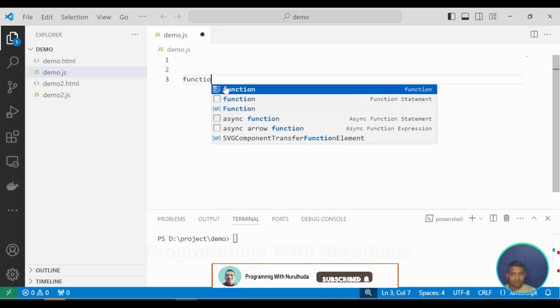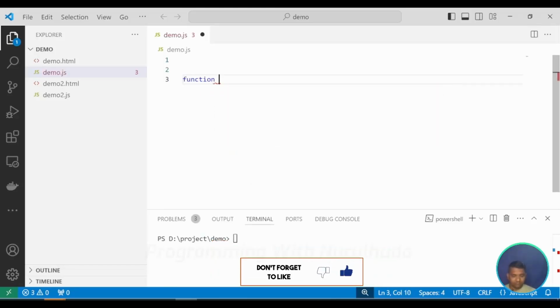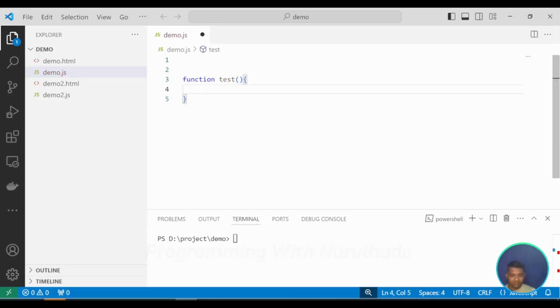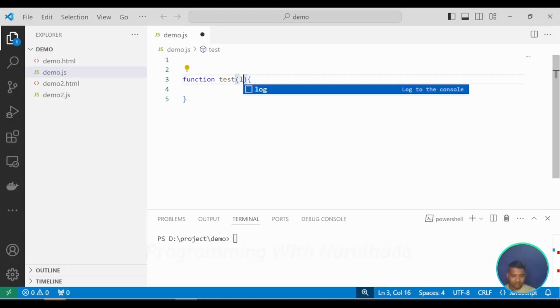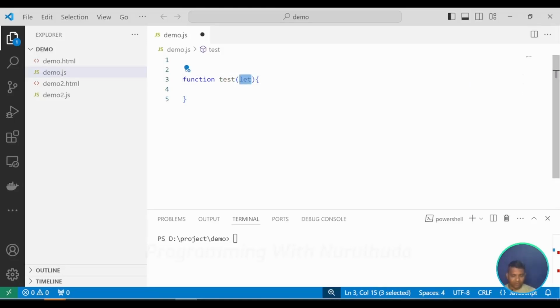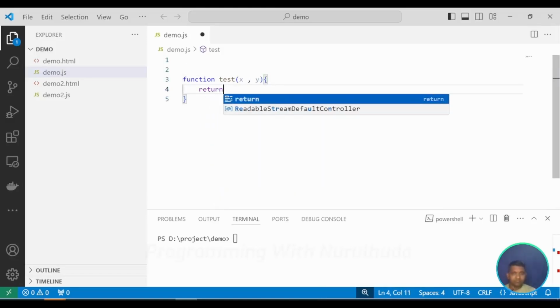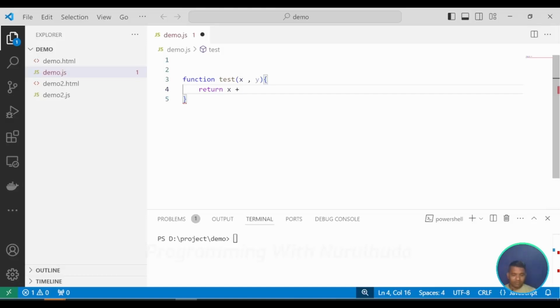Now first I create a function test, and here I pass x and y and return x plus y, and I call this and in console I print out